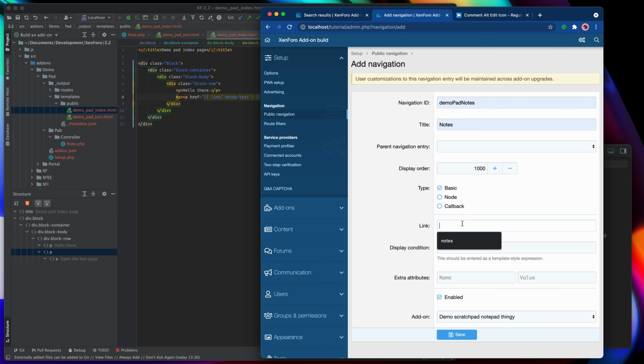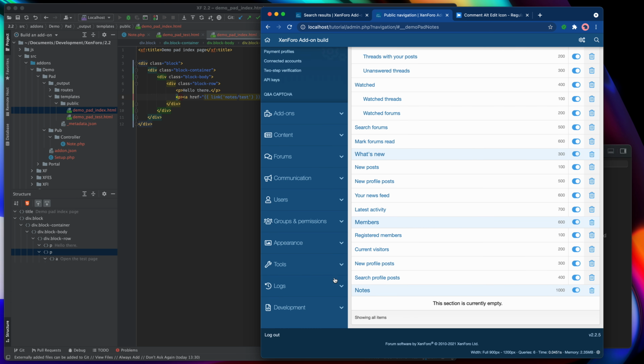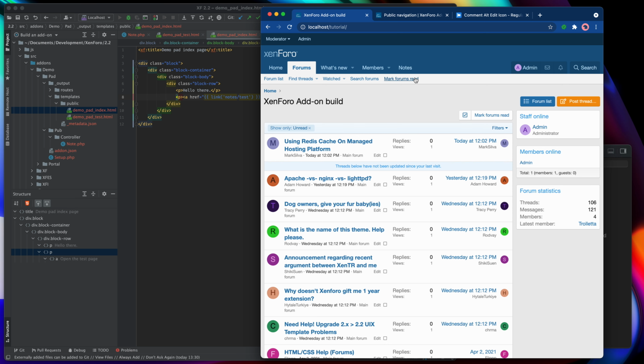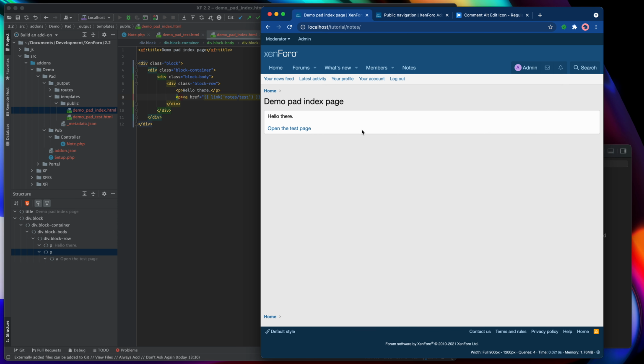And we're going to use link building syntax as if we were in a template here. So link, and then we're going to link to notes, and then close that off. We can see that the add-on has already been pre-selected. So let's hit save on that, and here it is. It appears at the bottom of the list. So when I come back here and click on any link to go somewhere, then my notes item will appear, and clicking on it will take me to the notes page.